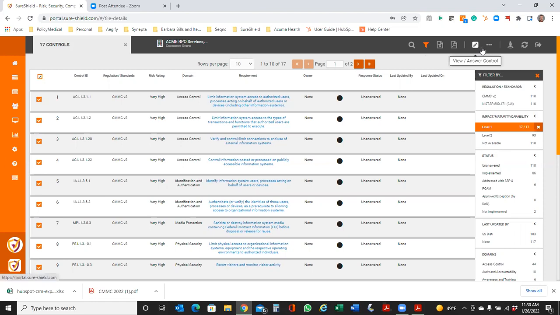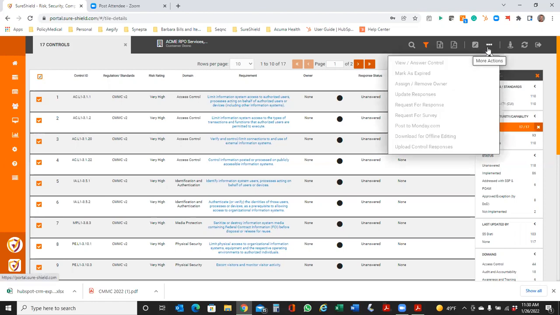If I actually wanted to move that work, maybe I'm going to do it all, or I'm going to send it to someone else to do, we have a lot of workflow components that are built in here that allow me to do things like get a request for response, to assign those controls to someone else to answer for me. And then I have the ability to centrally manage and see where we're at and where all that is.